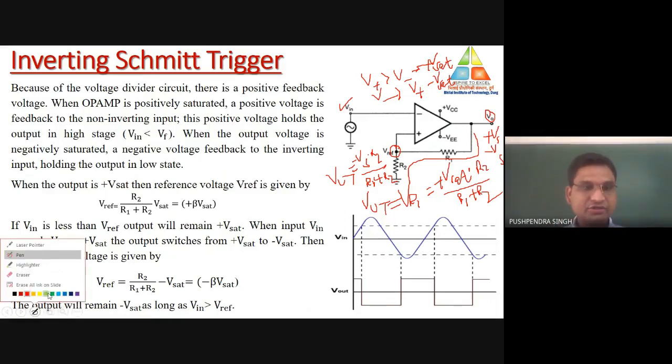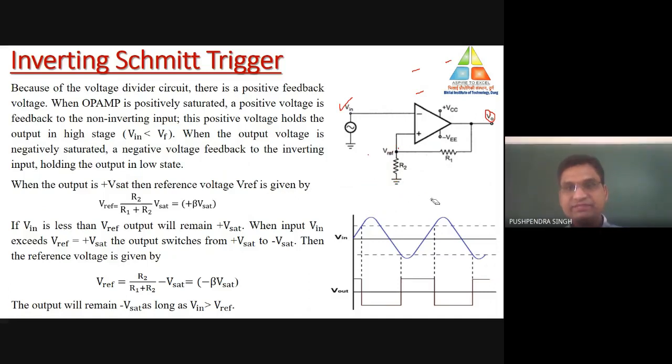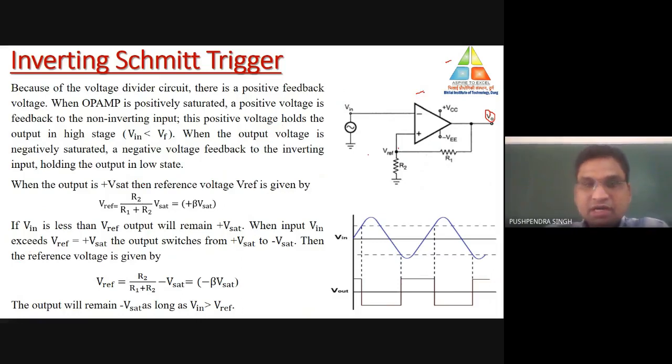Now coming back to the circuit connection of this Schmitt trigger circuit. Now we are going to analyze this circuit, or rather plot the output waveform with respect to the input signal. We will see how the circuit changes the output voltage based on the level of these threshold voltages. So I think the fundamentals of these threshold voltages are clear to all of you. Now coming back to the operation of the comparator: if the negative terminal voltage is at higher potential than the positive terminal voltage, the output will be minus saturation. It should be remembered in each and every condition, then only can you operate the circuit.